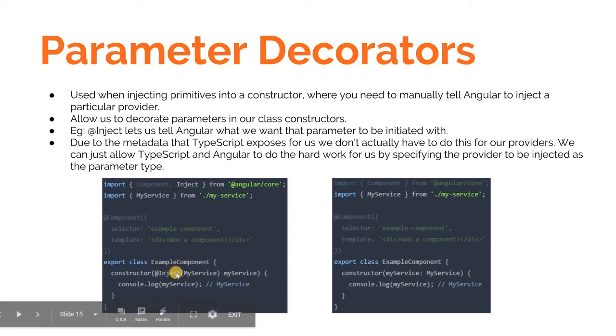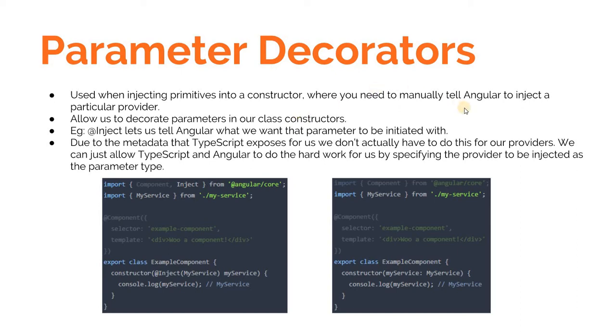Now this is something that we generally don't use, because we can use the metadata that is exposed by TypeScript that will help us to do all the hard work. So we can simply specify the name of the property, and then specify its type like so, and then Angular and TypeScript are going to do all the hard work for us and give us an instance of that particular class as a dependency. So these are the four types of decorators there are in Angular,